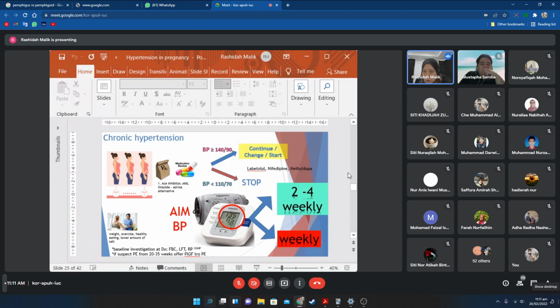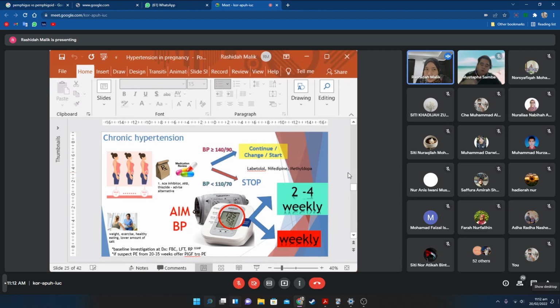I'm not sure in Susmet. Usually in Susmet we see continuation of medication from the health clinic itself, so we will optimize the medication. But the general rule is that in early pregnancy, before the third trimester, we start methyldopa first. After the third trimester, only then is the clinician more comfortable starting labetalol. But why NICE recommends labetalol as a first line regardless of gestation, even in early pregnancy,